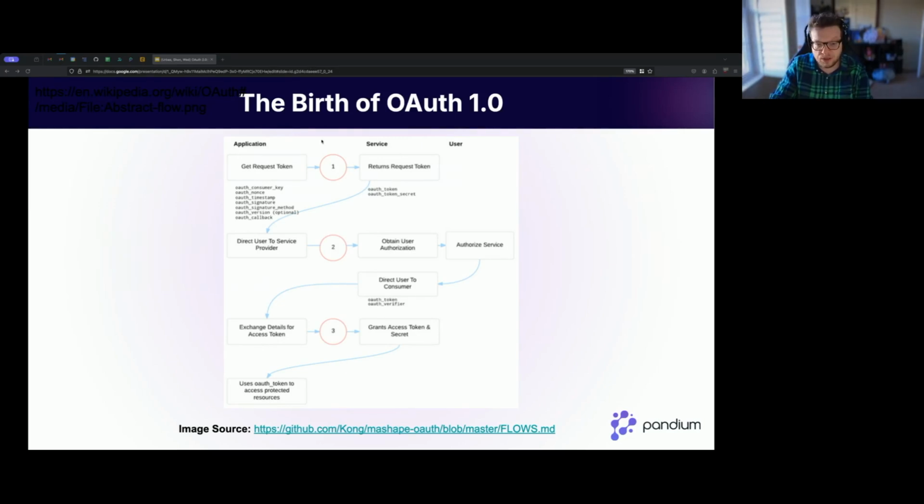SSL is not assumed, and that's a big part of why you have an OAuth signature. You have to remember back in 2007, when this was dropped, SSL was something you maybe found on bank websites, but other than that, it wasn't something you would even use on Gmail. And so, in order to provide more authentication and security without having encryption, this signature needed to be created.